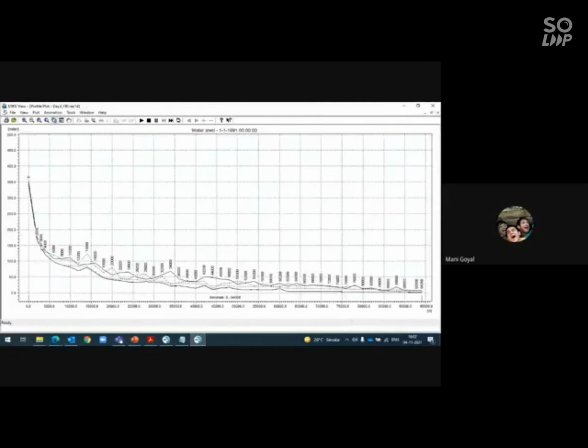You see, this is your water level profile. There is something wrong with the time series, it's not plotting. So this is your longitudinal profile of the river at every chainage.